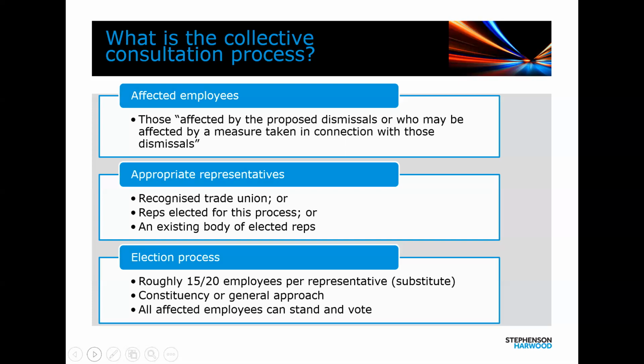All candidates must be, of the affected employees, given the right to vote, and no one who is an affected employee should be excluded from standing as a representative. And then all people who are affected by the redundancy have the right to vote on the day. So far as possible, you should ensure that there is fairness in the counting of the votes. Sometimes this is outsourced to a third-party body, but you don't need to do that if you can ensure the fairness so people can vote in secret. Then there's somebody who will count the votes, and there'll be an independent person from within the business who will check those counts.